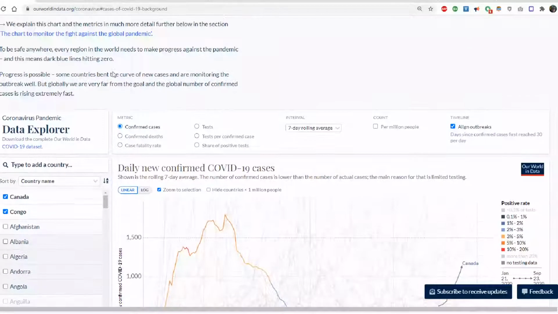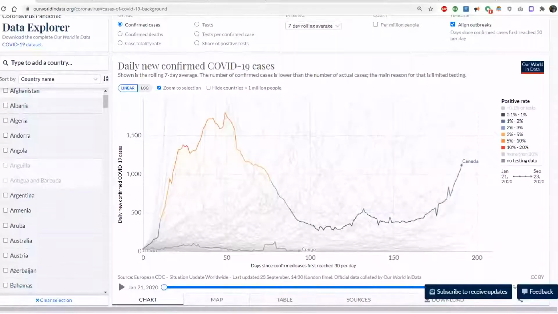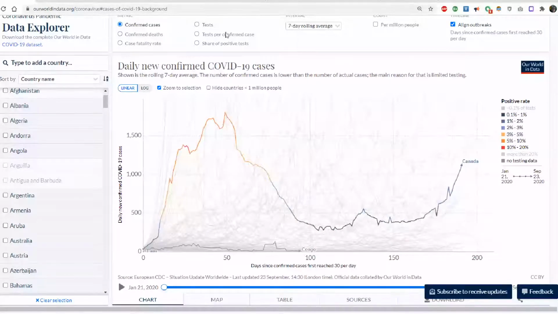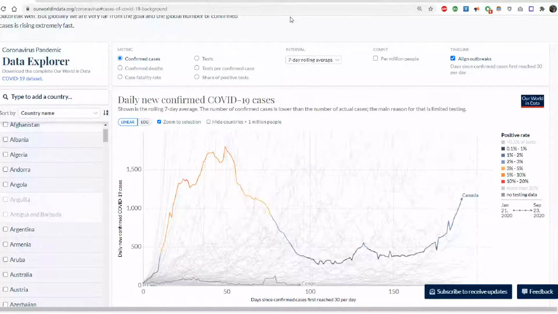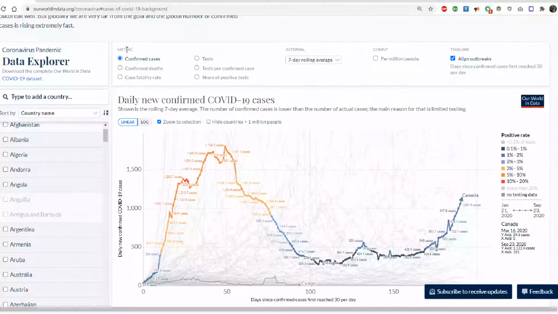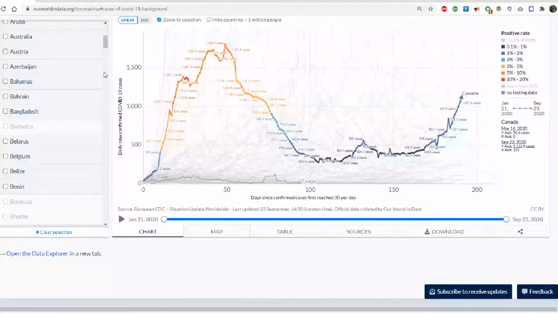Okay, so over here we got now. This is the chart that they show. Okay, so daily new confirmed COVID-19 cases, and this I think is very, very misleading, because we got here confirmed cases and confirmed deaths, and you see the difference. The confirmed deaths drop and stay down, and the confirmed cases flip up. And the reason why they do that is because they changed the definition of the disease in August 6th, that a positive coronavirus test